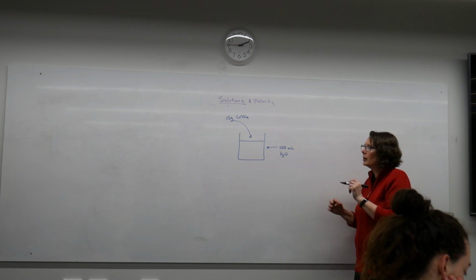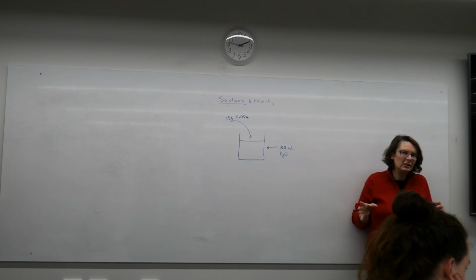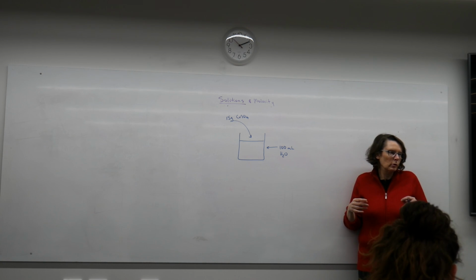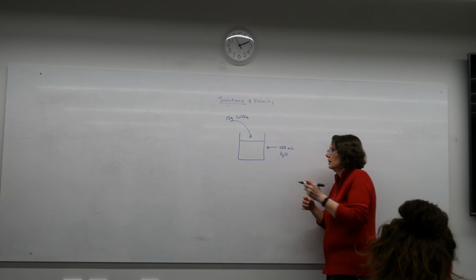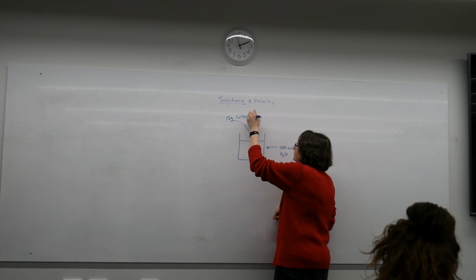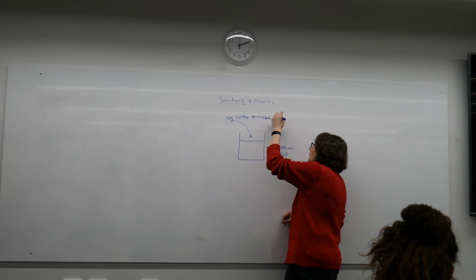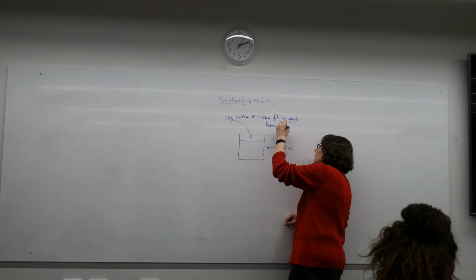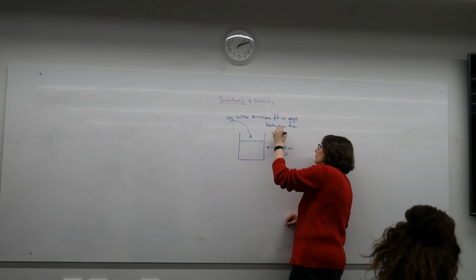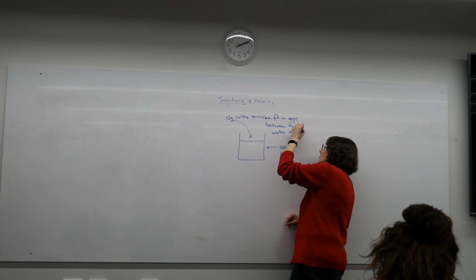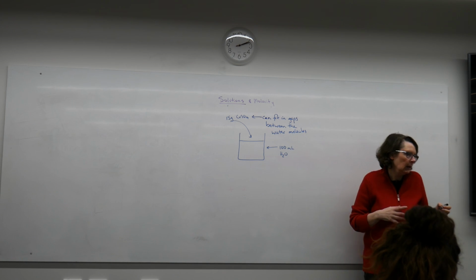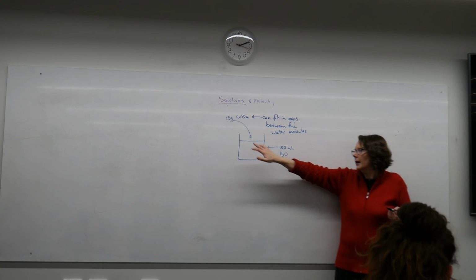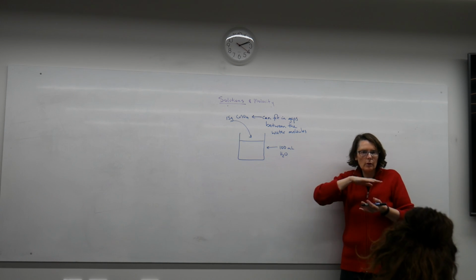If I'm dissolving my copper sulfate in water, what happens is the ions fit into the gaps between the water molecules. And so in essence, we now have a solution that has the 15 grams of copper sulfate dissolved, and it's still 100